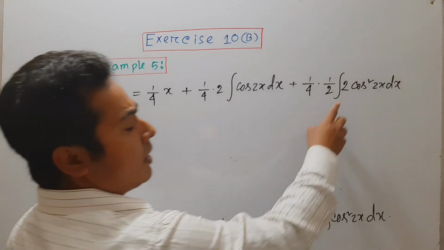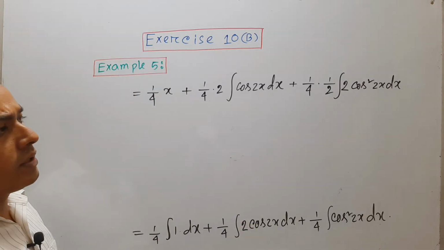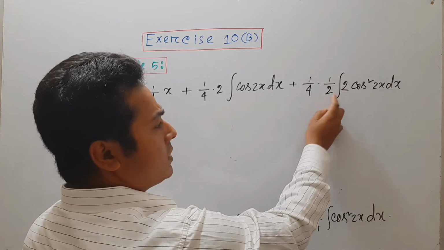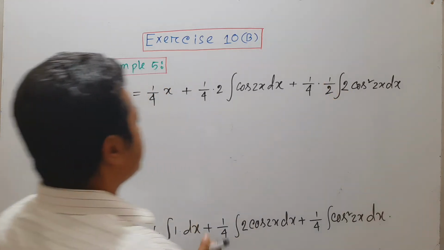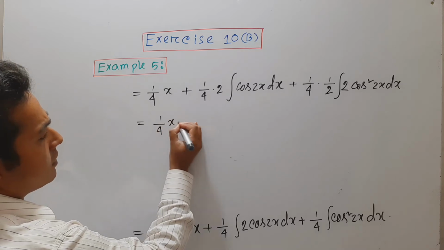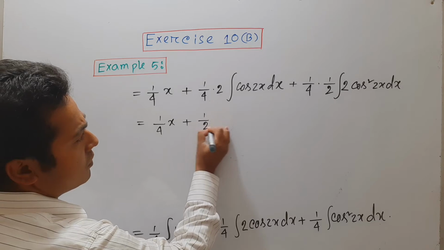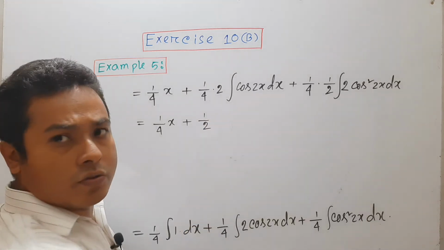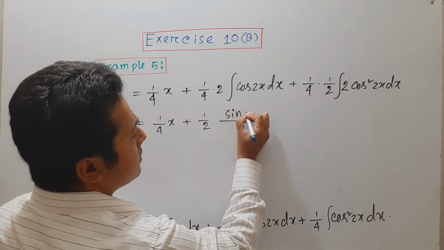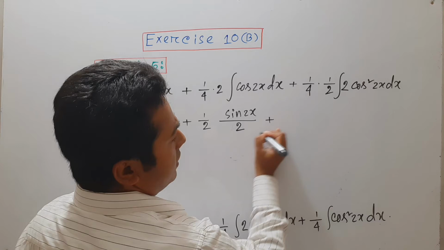Because we want to apply the trigonometric formula 2 cos square x is equal to 1 plus cos 2x, we can write this portion as half into 2. Okay, then 1 by 4 into x plus 1 by 2 and integration of cos 2x we can write sin 2x divided by 2 and plus